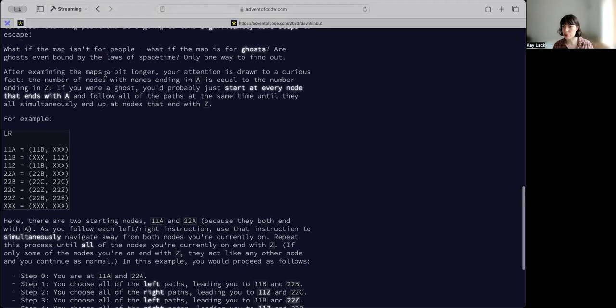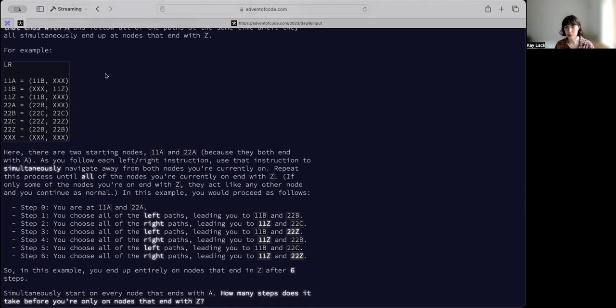If you were a ghost, you probably just start at every node that ends with A and follow all of the paths at the same time until they all simultaneously end up at nodes that end with Z. For example,